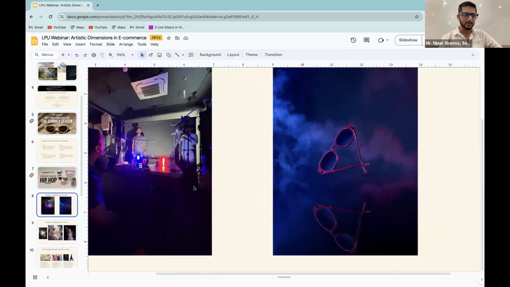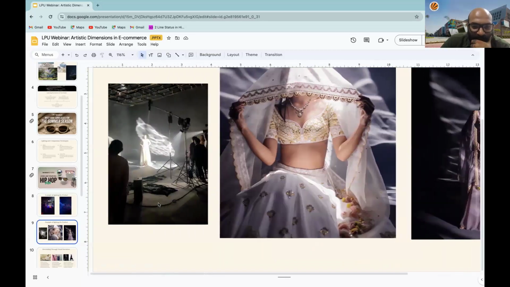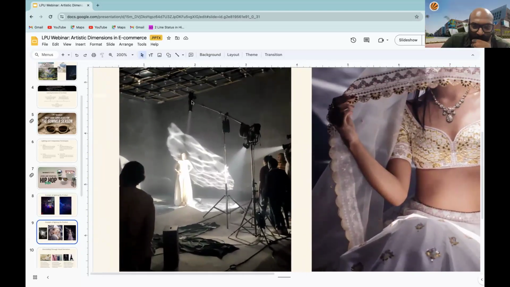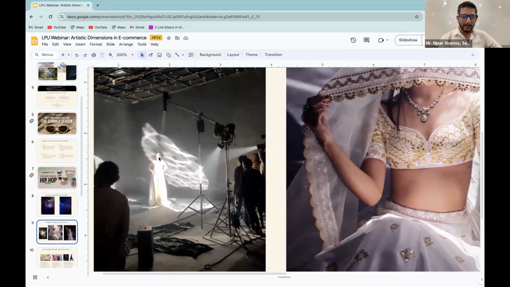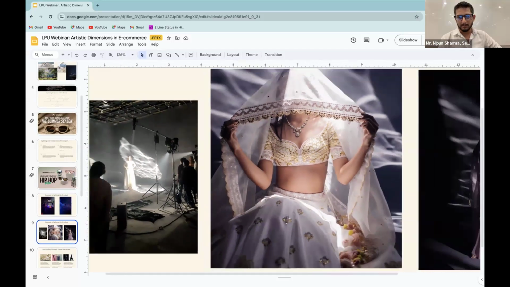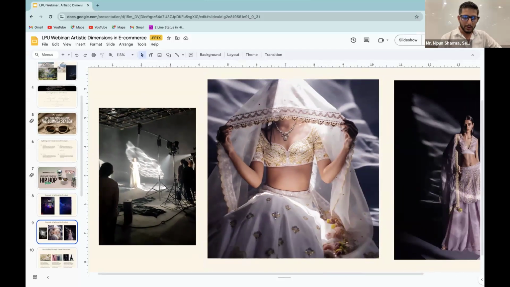Similarly, for a fashion shoot, if you see, we have used three lights. One from exactly the top, one for the background, and there is an acrylic sheet below that creates the pattern at the back, and the other one was to light up the whole dress the model is wearing. And for this image here, we switched off the light coming from the side and used just the top light, and we made the model sit a little forward